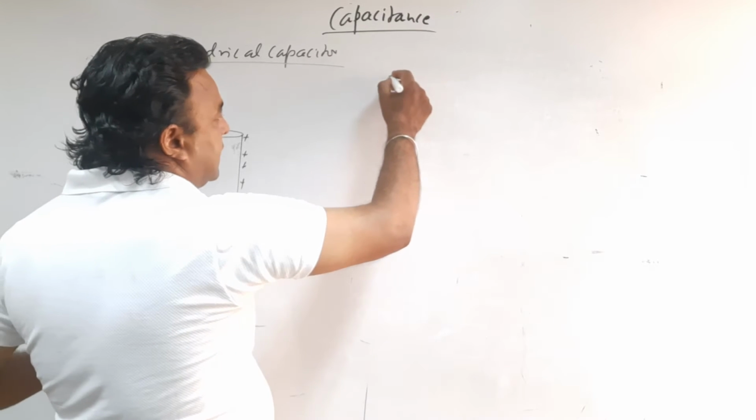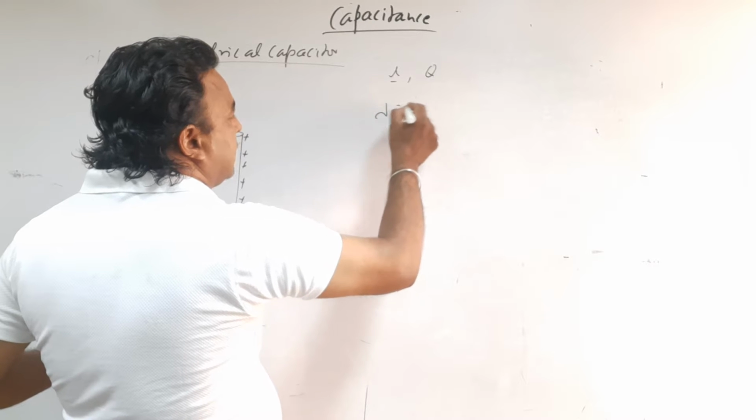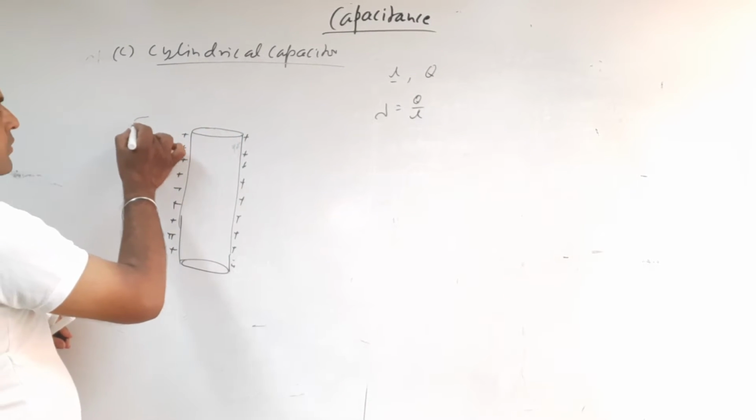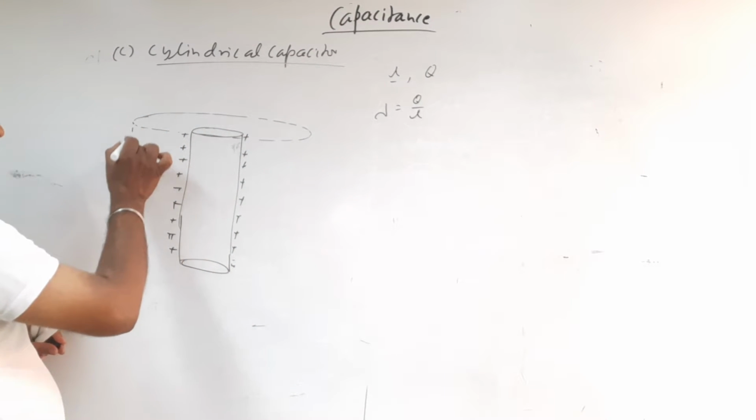Length of cylinder is L, total charge is Q, so I have charge per unit length is Q by L. What I do now, I take another concentric cylinder around it,